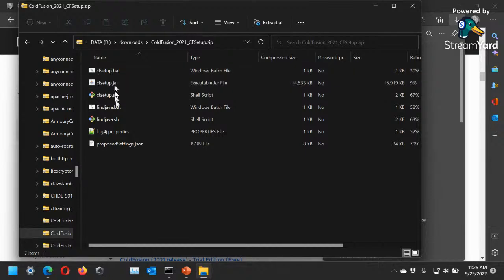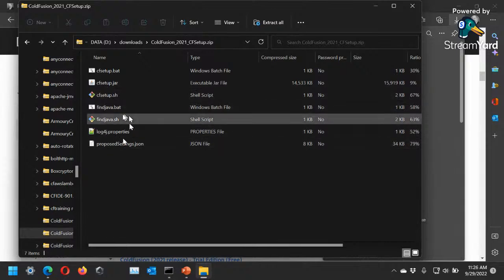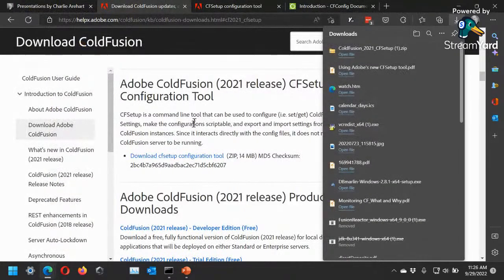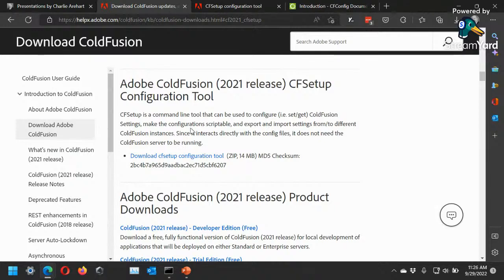So here's what's in that zip. And I'll just say again, there's the bat, there's the SH, there's the Java jar that goes with it. And then they have some other stuff in there related to it. Again, we're not going to focus on that in this talk. But that's how you do it. You just get it, and you would extract that zip and put it wherever you want it,